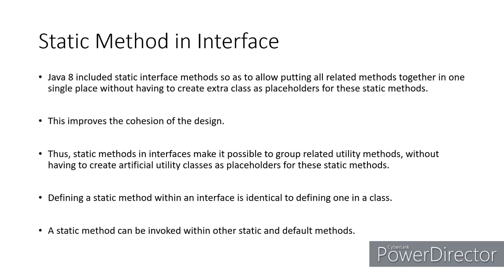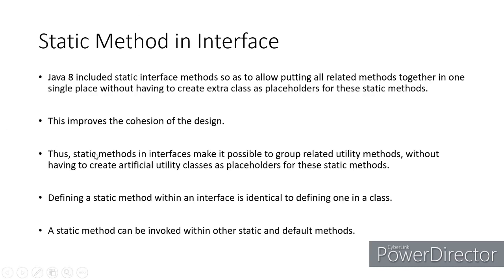Do you create a class where the withdraw method and deposit method are there in class account, but then the show balance method is there in some other class? If you do that, then your class is not actually proper, it's not cohesive, right? So that is the meaning of cohesion. Cohesion means all relevant functionalities grouped together. So by allowing your interface to have these static methods, what they have improved is the cohesion of your interfaces or your classes. Okay, so overall your design will be more cohesive.